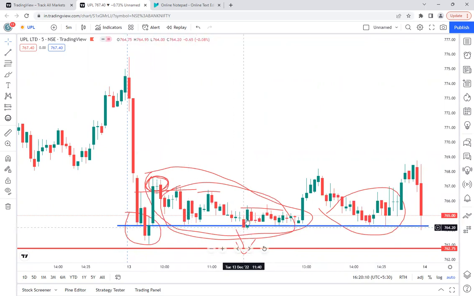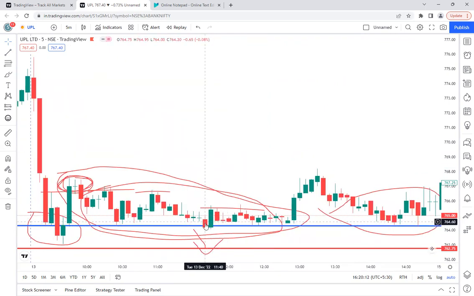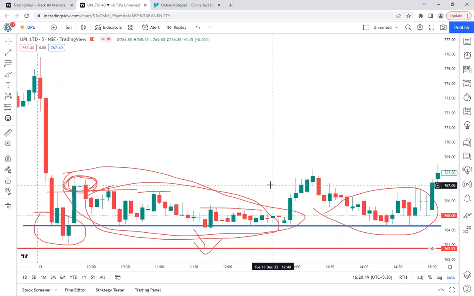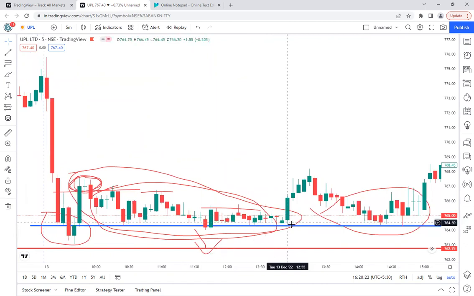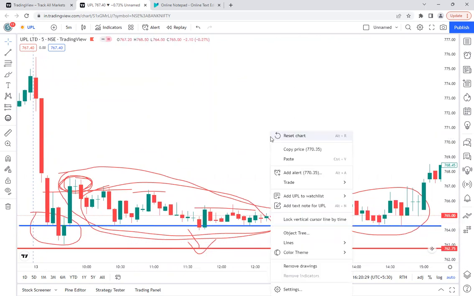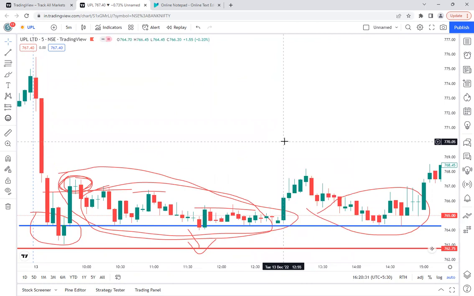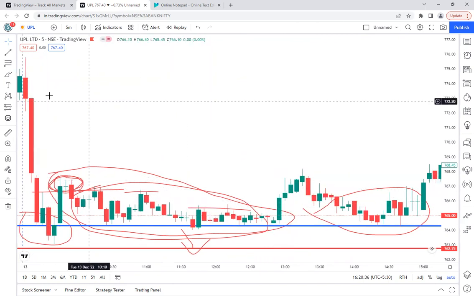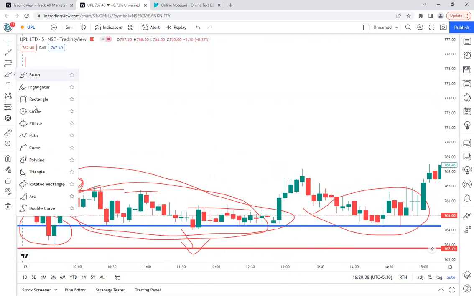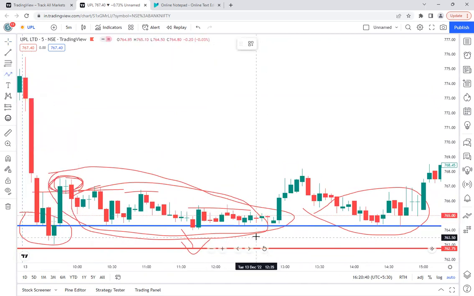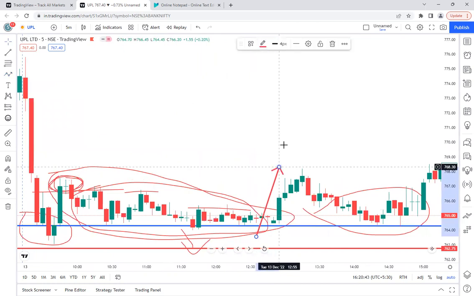Even if you zoom in on this particular 11:40 candle, it closed just below that support level, the blue line. Immediately the next candle they took it up, and here they went almost closer to the support, they hit it again. They did not go below the blue line. And if you see, especially at the 12:55 candle, from 12:55 onwards, this is a completely manipulated move to kill all the sellers, mainly intraday sellers.